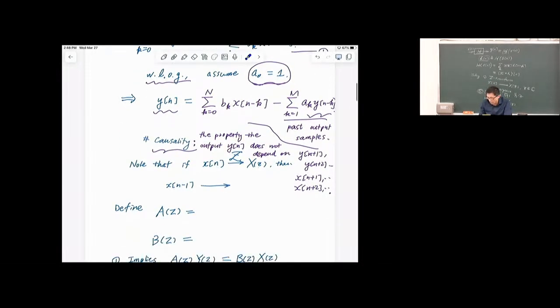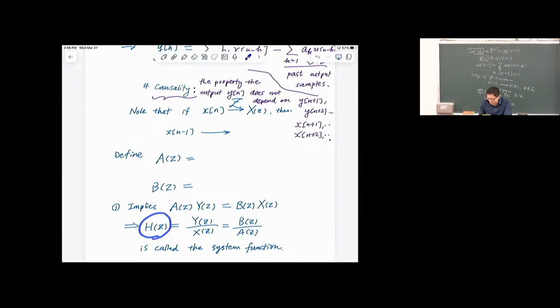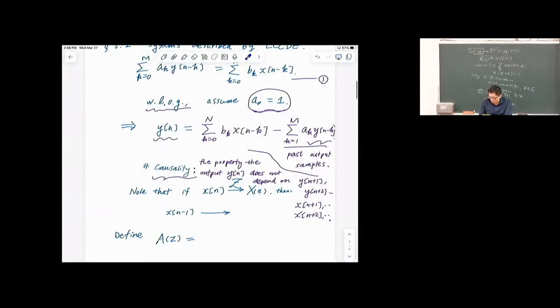Right. So next thing, I would like to show you that H of z can be written as B of z divided by A of z. Okay. So to go through this derivation, first, let's note that there's a shift theorem which tells us that if x of n has a z transform of big X, then x of n minus 1, which is shifting to the right by one sample, okay? Shifting the signal by a delay of one sample, then x of n minus 1 corresponds to z inverse